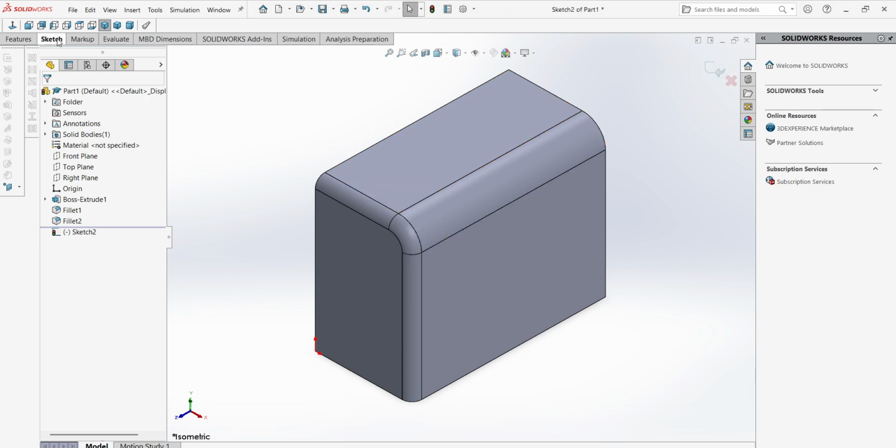Ladies and gentlemen, here are some tips and tricks for the ME2102 SolidWorks